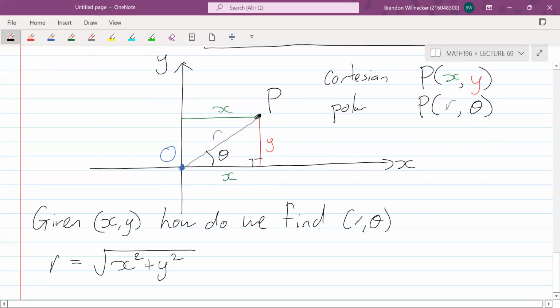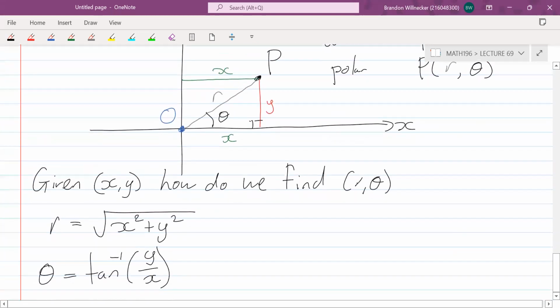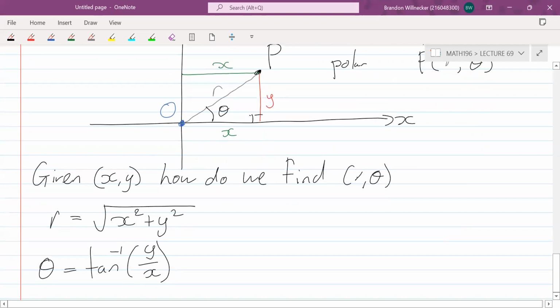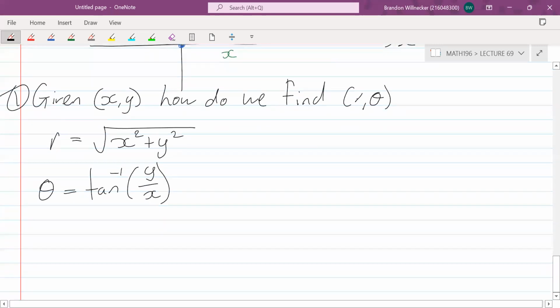What about theta? Well, the opposite is y, the adjacent is x, so tan theta is y over x. So theta is going to be arctan of y over x. Okay, so that's how we find r and theta given x and y. What about the other way around? Because remember, we should go back and forth. So that's number one. Number two,